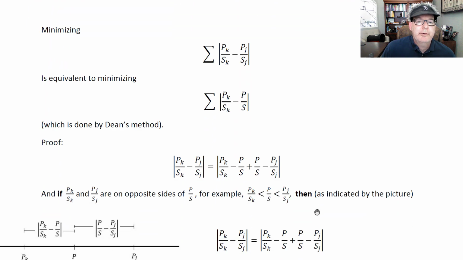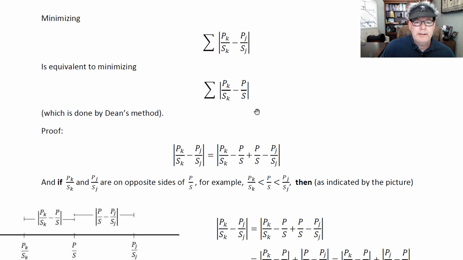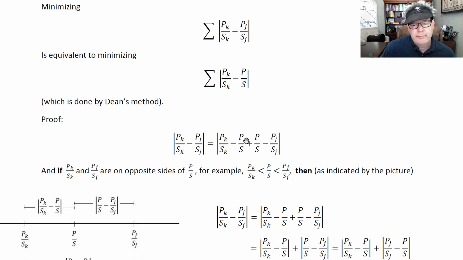And just, so here comes the proofs. So first for Dean, it minimizes this. So this is pairwise comparison, but it'll minimize to the country's average as well. And this is done by the Dean's method, as I said. The proof, you want to use the triangle inequality. You can't necessarily use it unless you know that the only switching you'll do is from one state which is under the average to another state that's over. And so it's not a hard proof, but as long as no state is having a quota violation, so no state's getting above its upper quota or below its lower quota, then it's easy to see that Dean will minimize this sum,